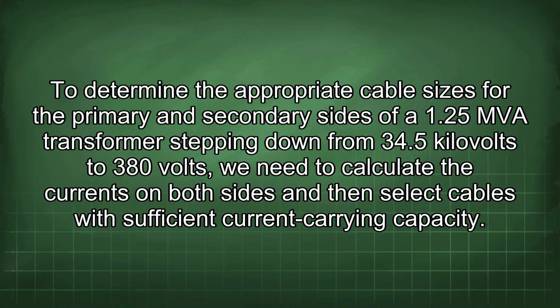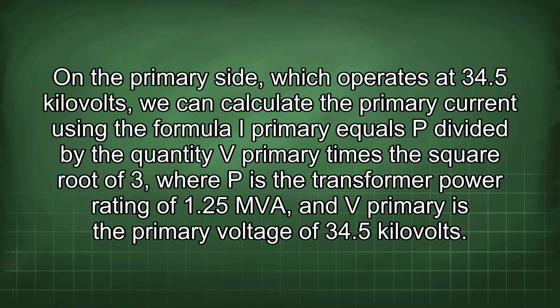To determine the appropriate cable sizes for the primary and secondary sides of a 1.25 MVA transformer stepping down from 34.5 kV to 380 volts, we need to calculate the currents on both sides and then select cables with sufficient current carrying capacity. On the primary side, which operates at 34.5 kV, we can calculate the primary current using the